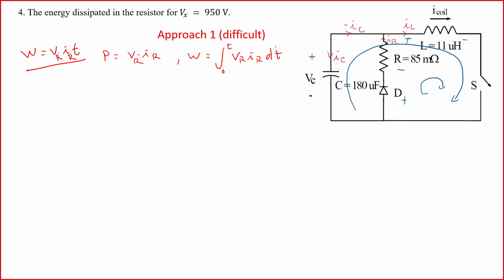Yeah, so to think from the bottom up, because you can see here, I use approach 1. Approach 1 is to think from the bottom up, which means, well, you see the question is energy dissipated in the resistor, so you start from the resistor itself. So this is the formulation. But in order to find this integral, you need to know what exactly VR and IR are. So